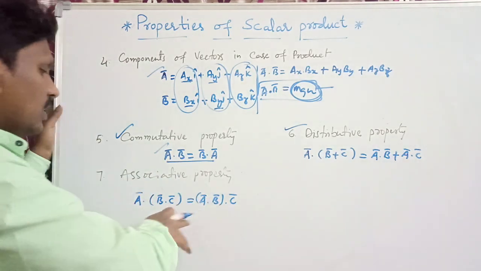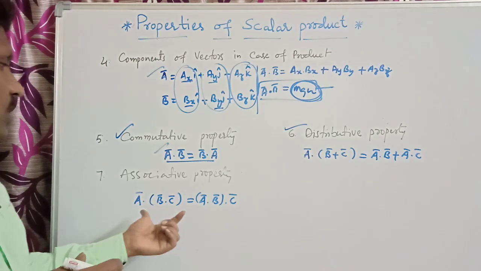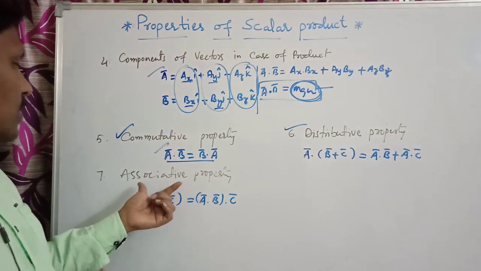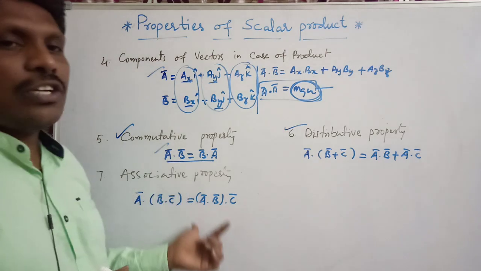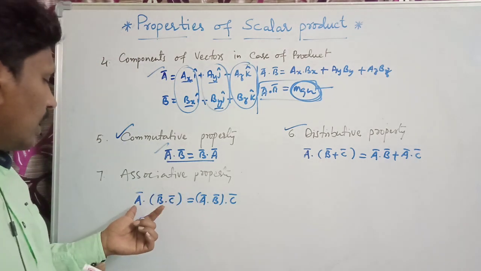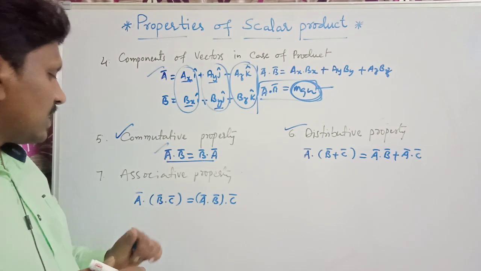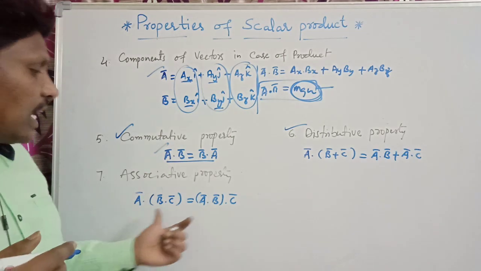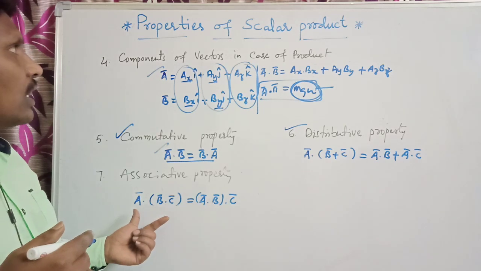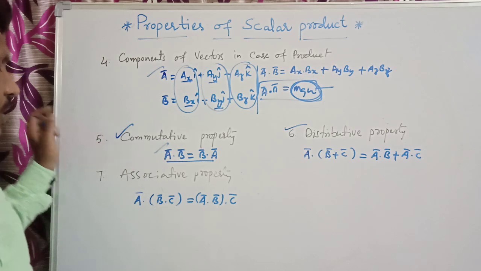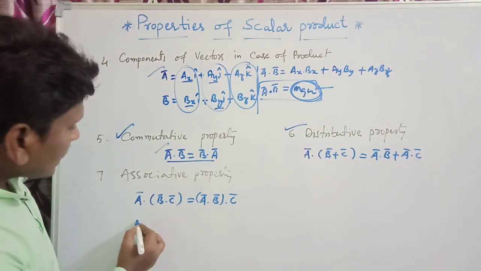The scalar product does not obey the associative property. Here we have taken three vectors, and in that case the scalar product does not obey this associative property. If you take the scalar here,